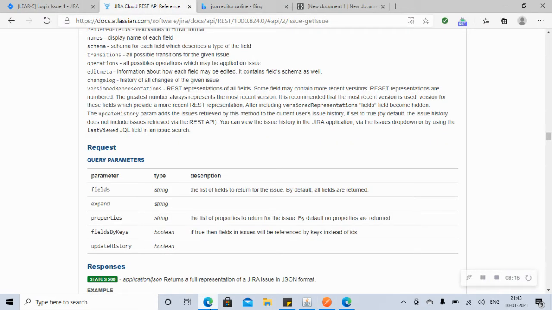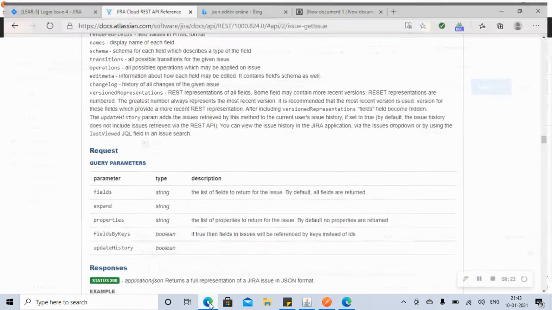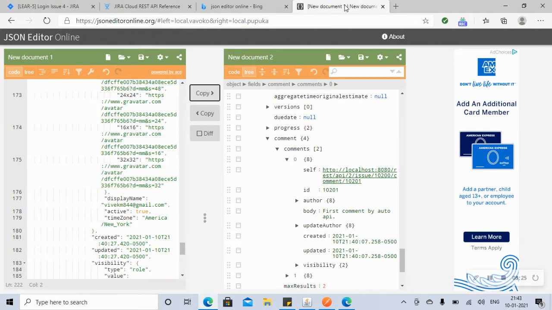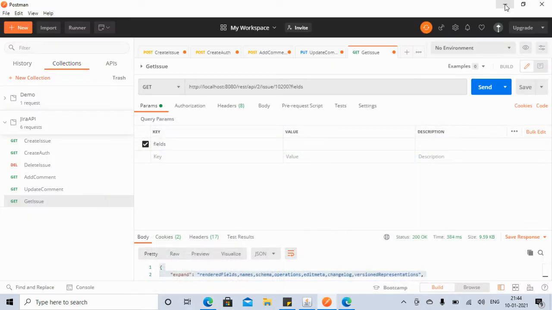The name is fields, and the value will be what we want to retrieve. Suppose here we want comments, so we can provide that. I want to retrieve comment, so I can provide it here, comment.